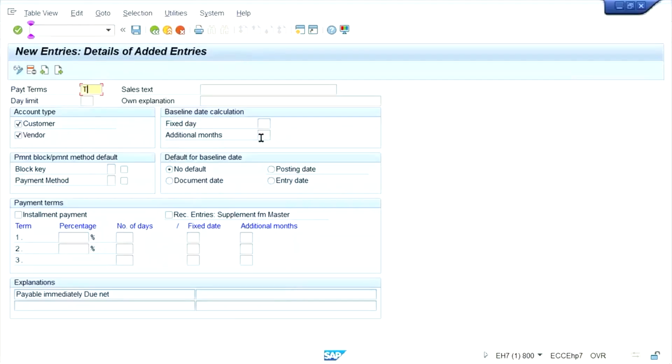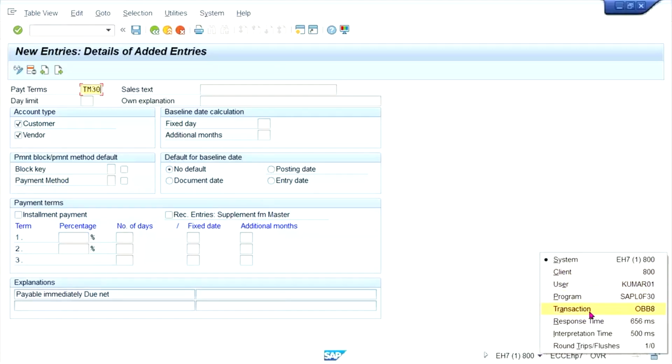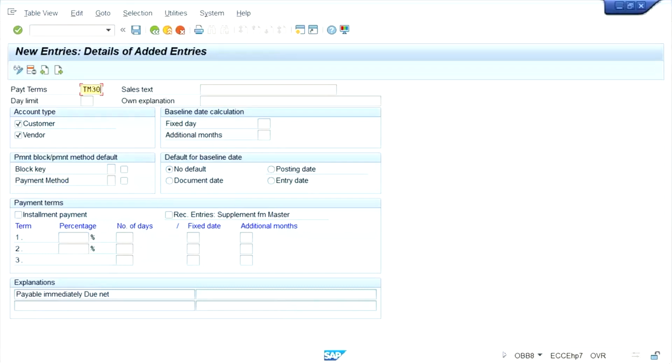New entry from here, TM30. Okay. Any code can be given, guys. It's not TM30 only. You can give here. Transaction code is going to appear here, OBB8. So you can give numeric, alphanumeric, alphabetic,